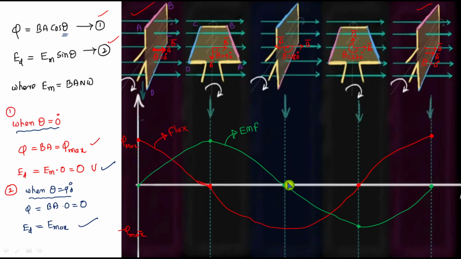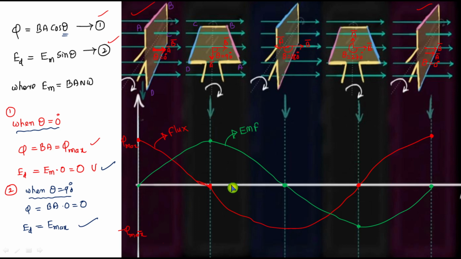Like that, from 90 to 180 degrees, the EMF. See, what about the flux? This increases in the reverse direction, right? So 0 to negative peak, like that. In order to oppose this cause, from here to here the EMF should decrease from maximum to minimum. Simply, if the flux decreases, this EMF increases. If the flux increases, this EMF decreases. Effect opposes the cause, meaning it has to change the flux direction.